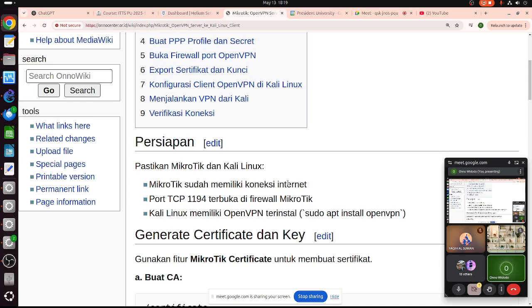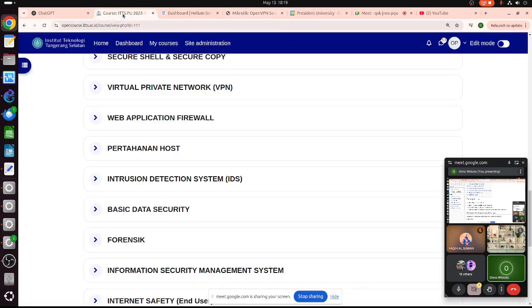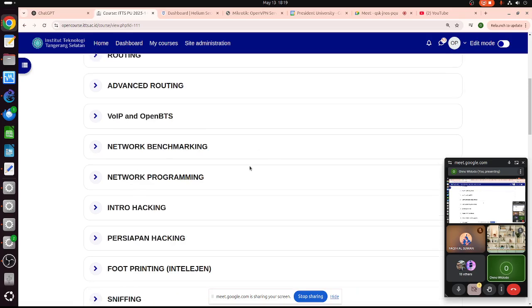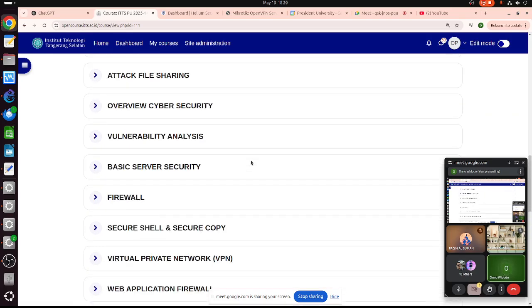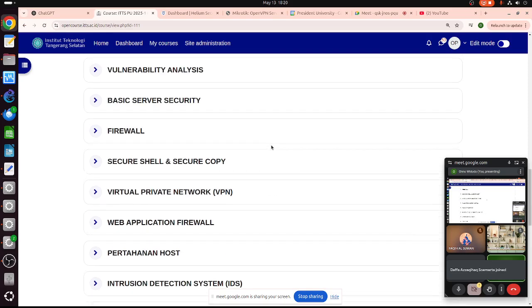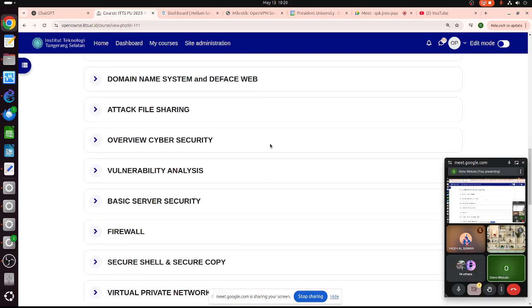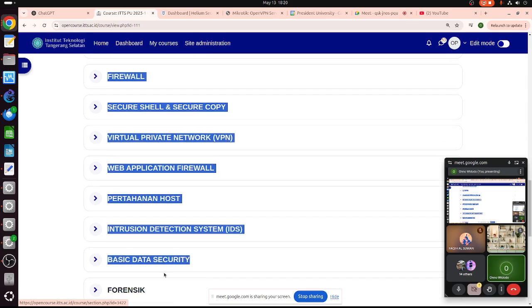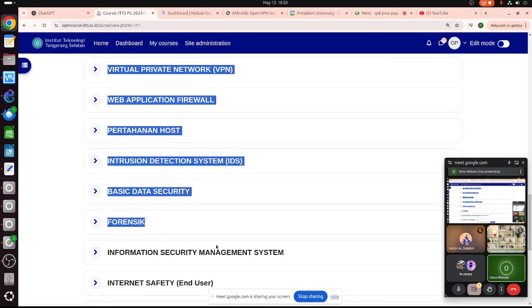I'm thinking to allocate today's class for IP version 6, but I need to check which part we are missing yet. So let me see. This is the class. Okay, so the actual class for cybersecurity is only this part here, starting from the overview until basically this one. So most of it has been covered, like this one, information security management system, has been